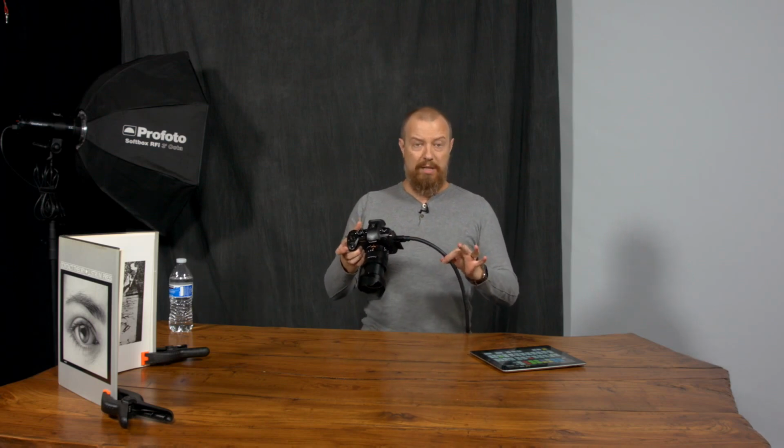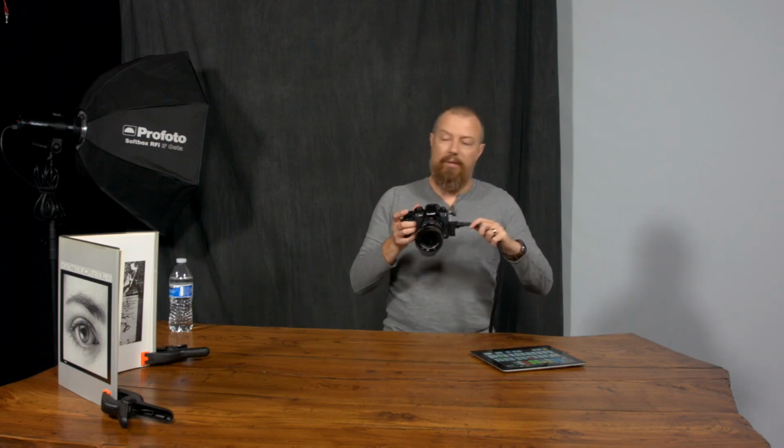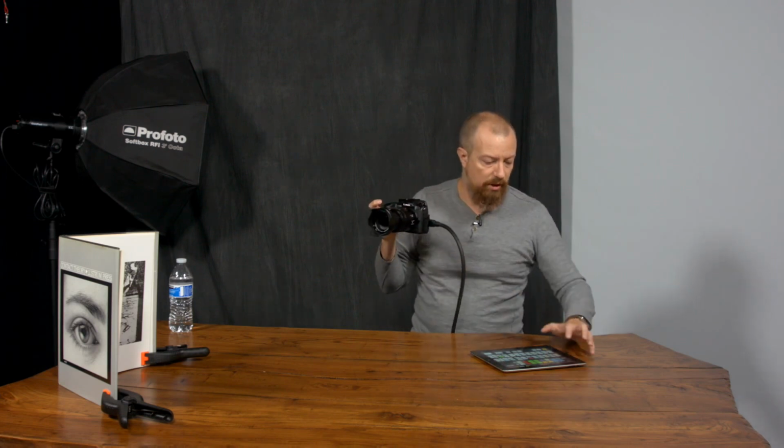This cable is not going to fall out. Nice, and it's good. I can't use the bracket because this is way too big, so I guess I'll do it like this. It's probably smarter. Let me make sure this is all working before I start. Yep, we're good. Okay, I'm going to take this down to 60th of a second to start,